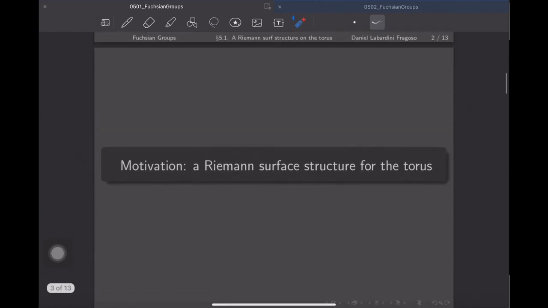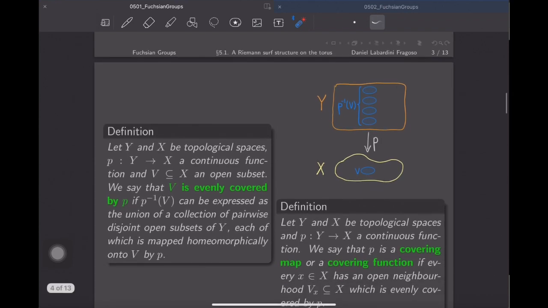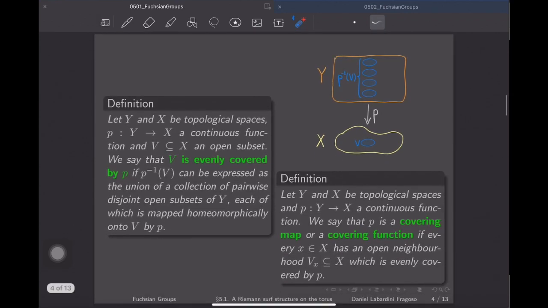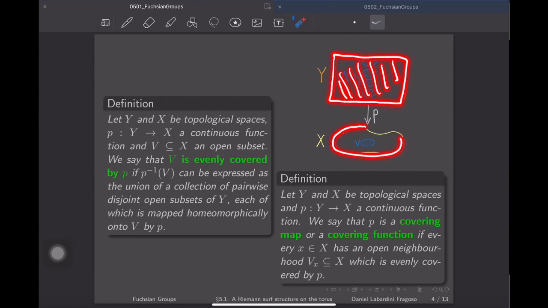What I noticed in the last lecture was that it is possible to push down the Riemann surface structure of the complex plane to the torus, mainly because